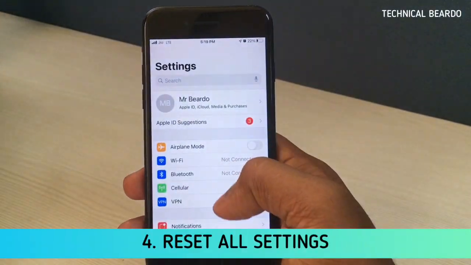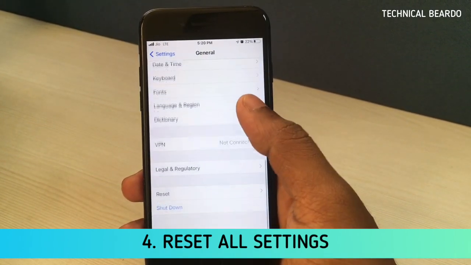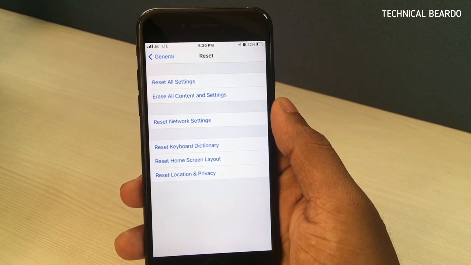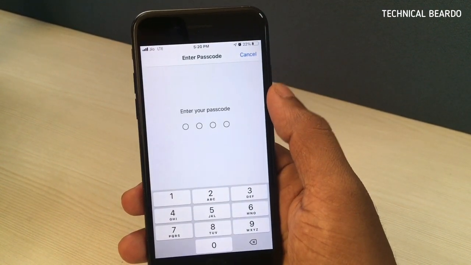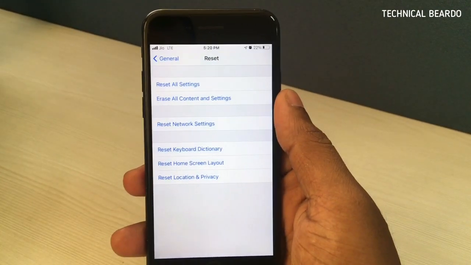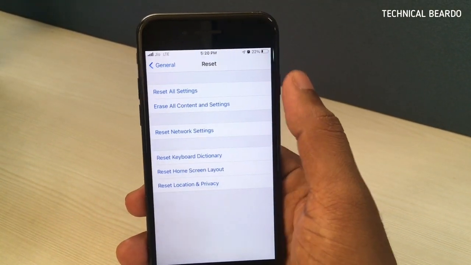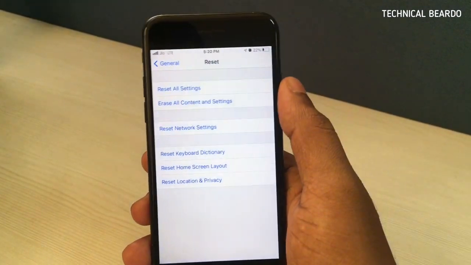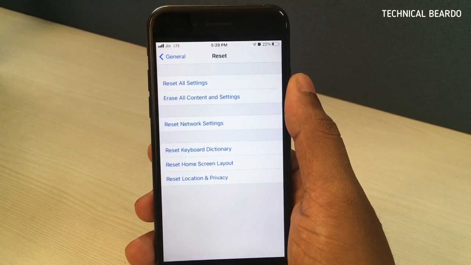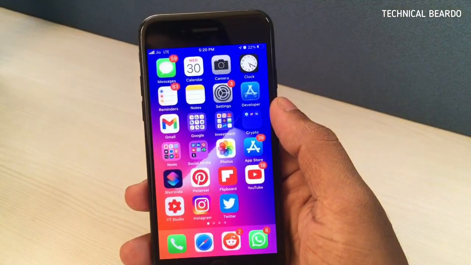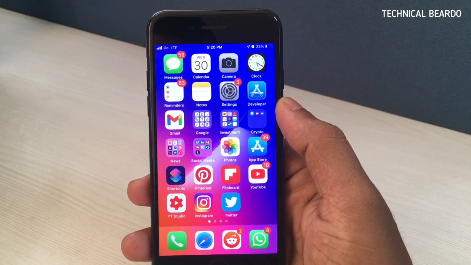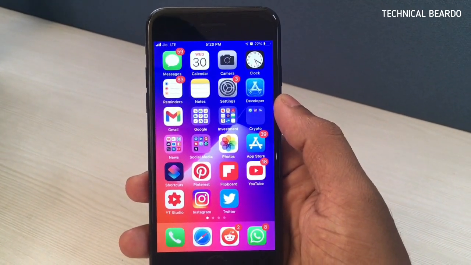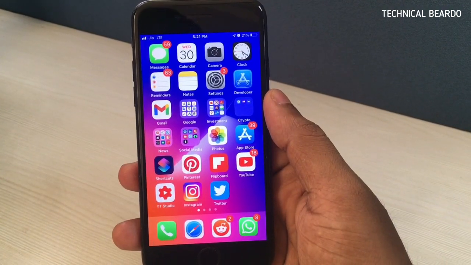Now, even after resetting your location and privacy settings, if it doesn't work for you, then go ahead and do Reset All Settings. For that, open Settings, open General, scroll down to the end and open Reset, and click on Reset All Settings. It will completely wipe out all the custom settings done by you and take you to default settings. So if there is any bug in settings, it will surely fix it and it might fix the issue as well. Just try resetting all settings because it will not harm anything or remove any data from your device.